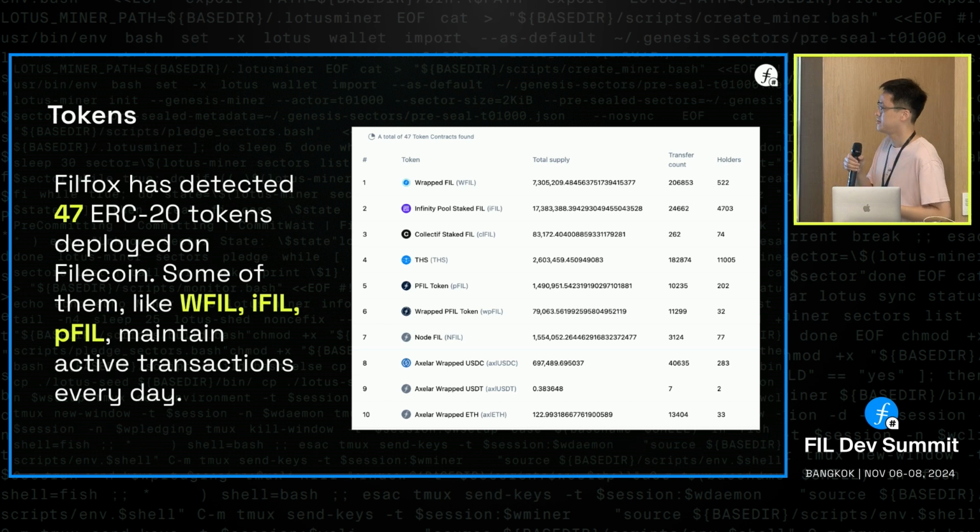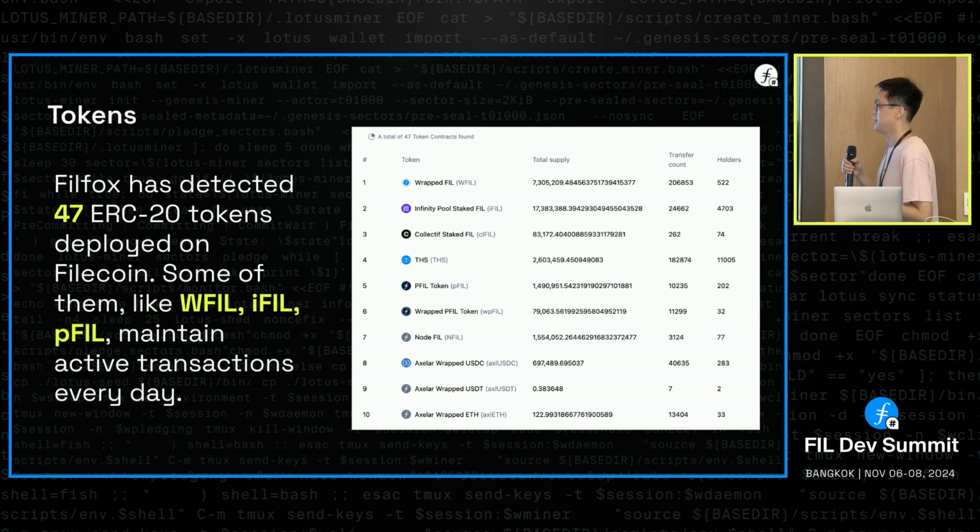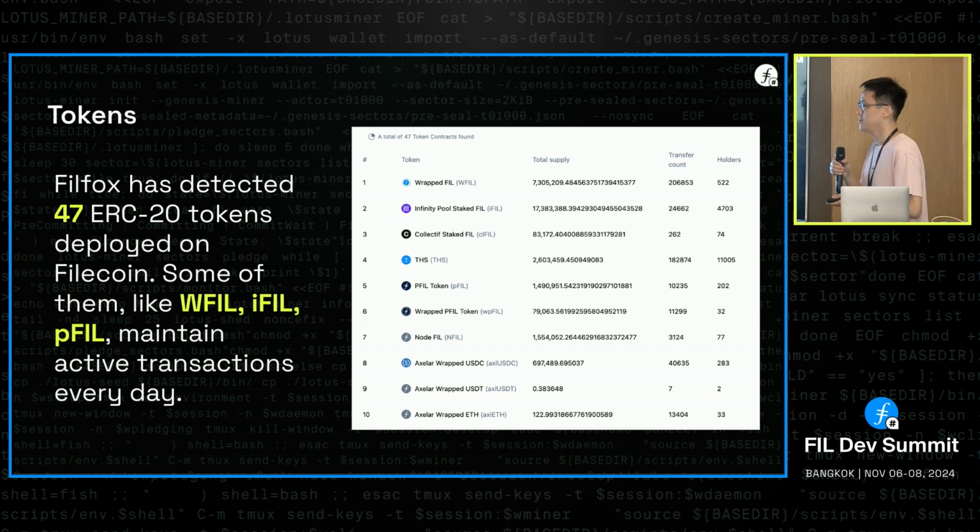And first, let's go through the tokens on Filecoin. Our Explorer has detected 47 ERC20 tokens deployed on Filecoin. Some of them, like W field, I field, and P field, maintain active transactions every day. And maybe others, for example, the THS, they are not active in the past 1 week. So you can see that there are 47 tokens, but only a small part of them are